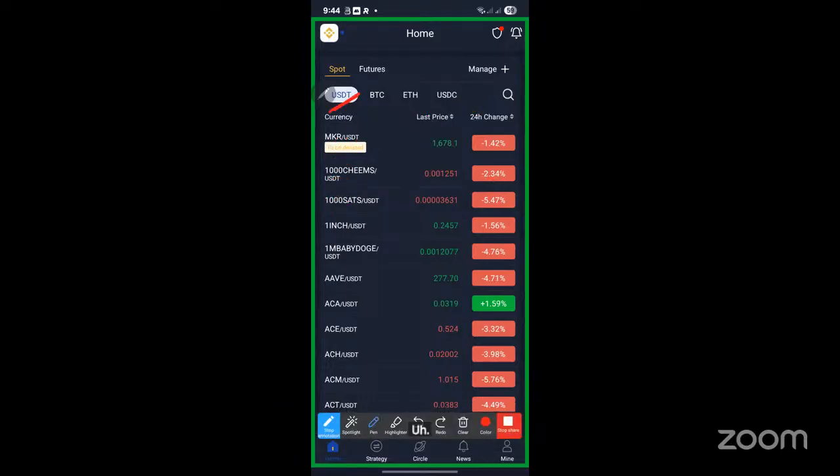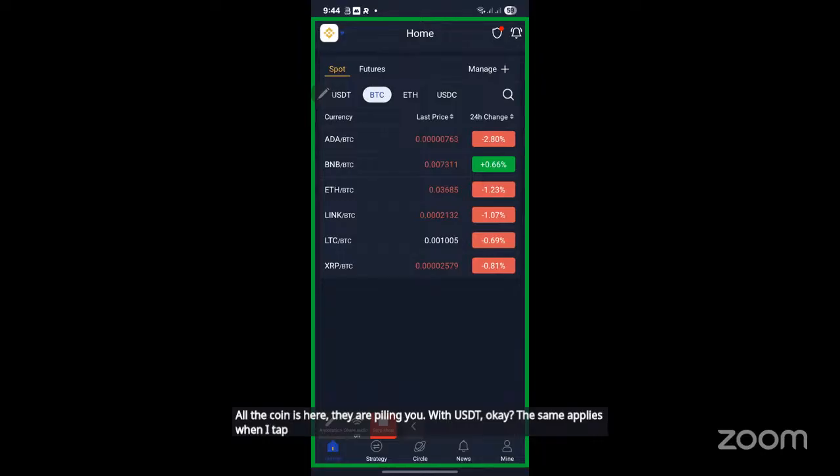USDT is the best currency. For you to trade in USDT, you should be having USDT in your account. Once you tap on USDT, all the coins here are pairing with USDT. The same applies when I tap on